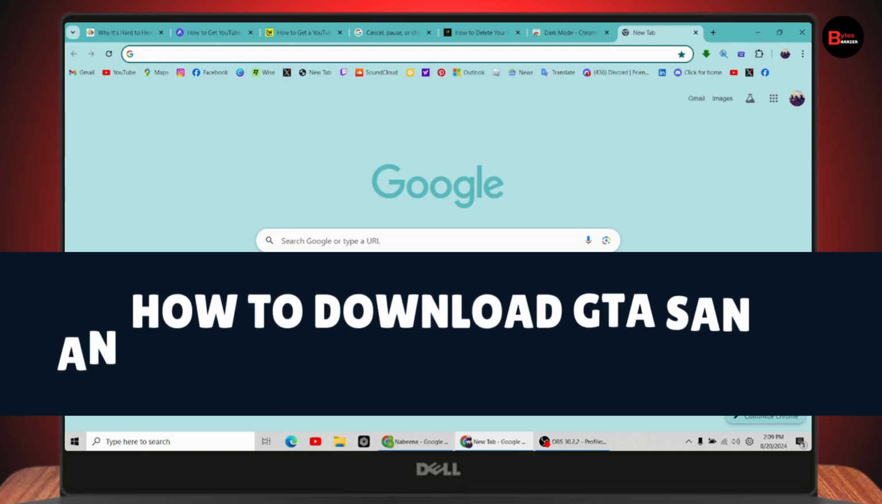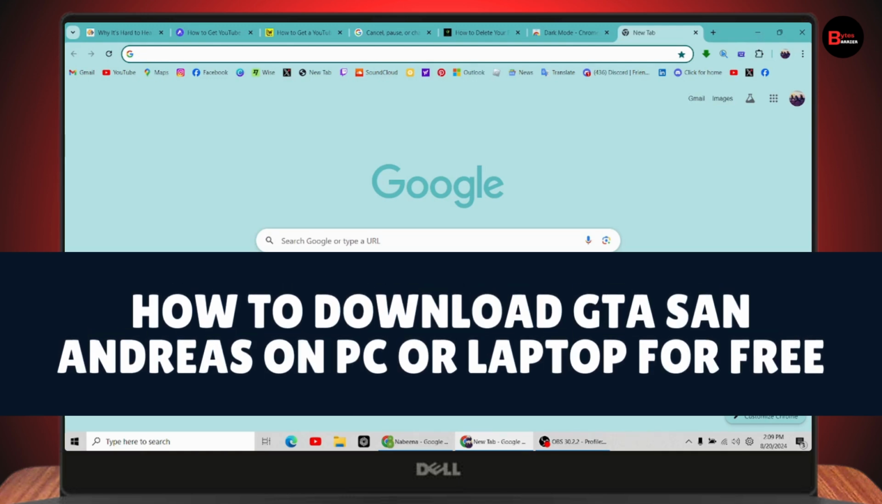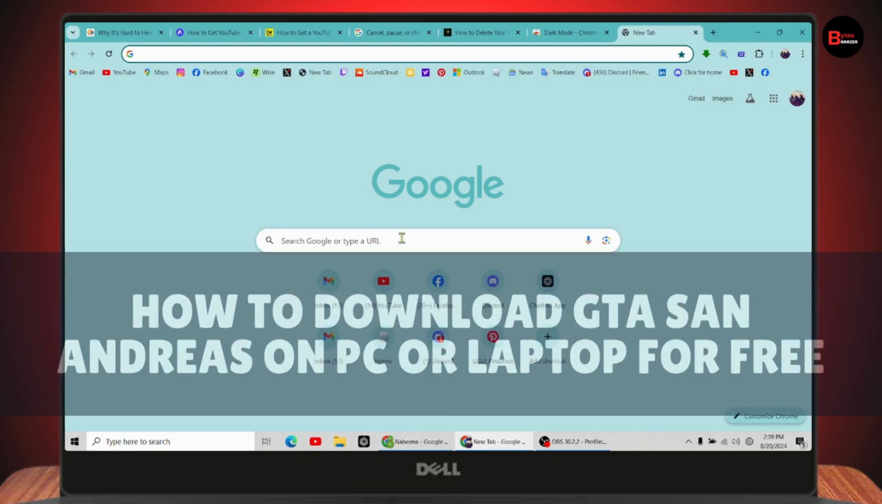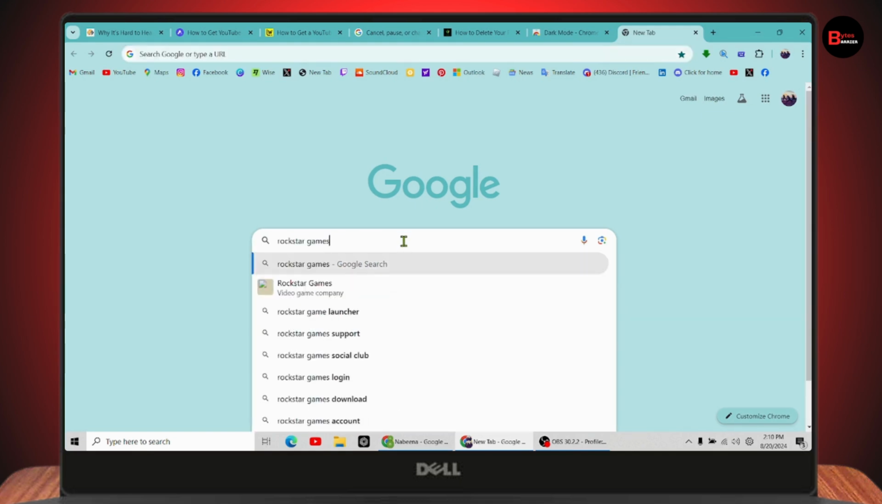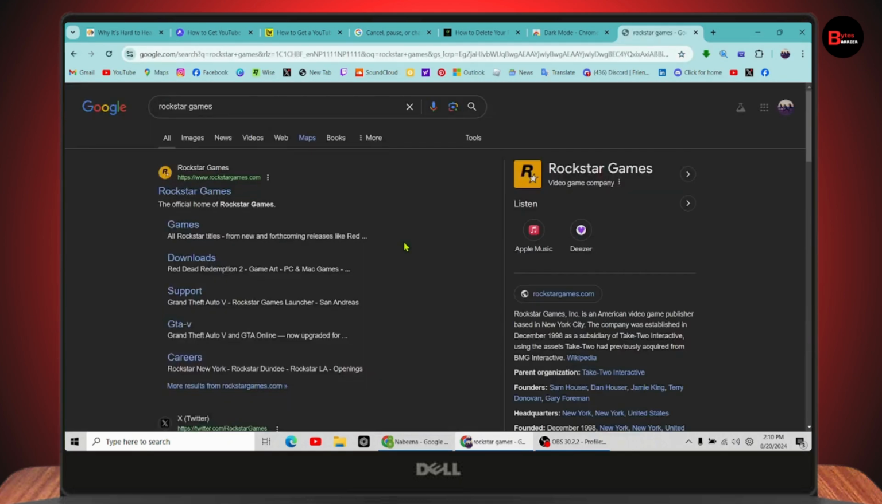How to download GTA San Andreas on PC or laptop for free. So if you want to download GTA San Andreas on your PC or laptop, then first you need to open up a browser, any browser that you're comfortable with, and search for Rockstar Games. Once you've searched, you need to go for the first result, which is